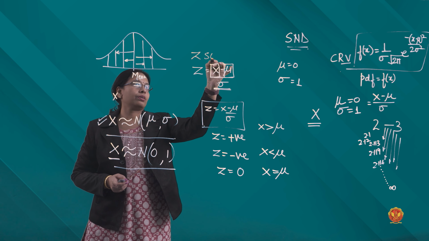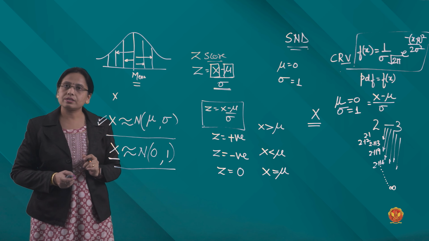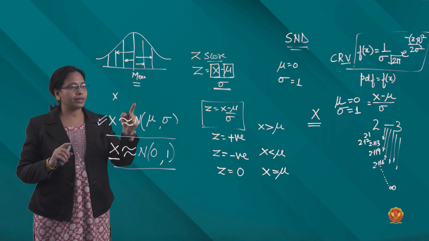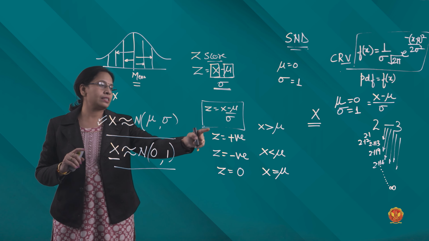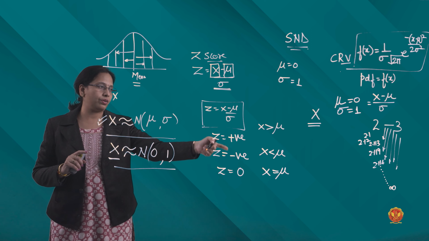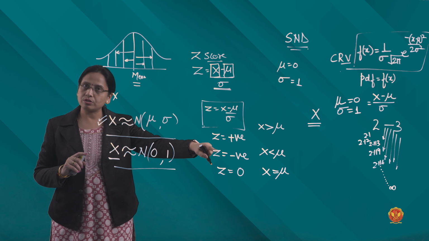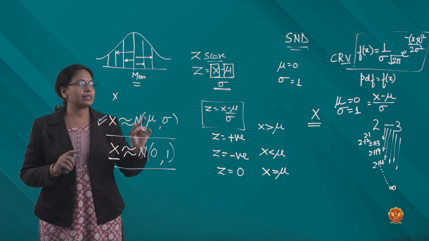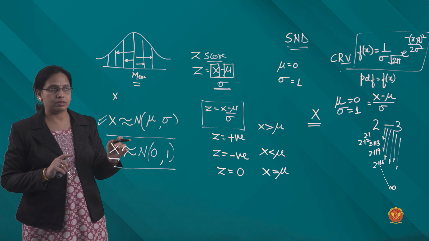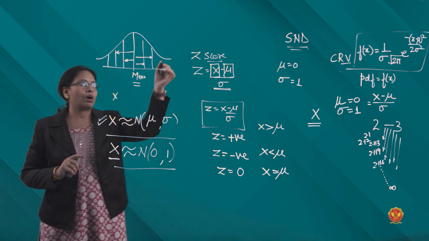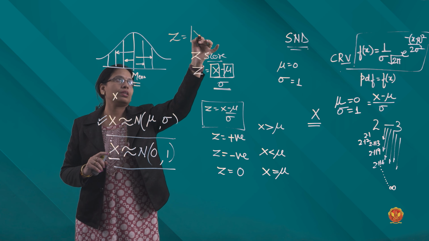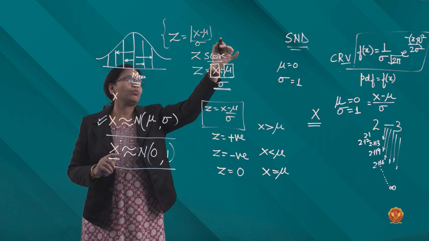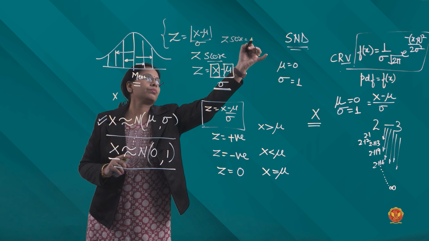This is the z-score. And the z-score can be written in either format. I can write it in this format, and I can say if x is less than mu, what will happen? It will come negative. If it is more, it comes positive. If it is equal, it comes 0. Either you can say it in these terms or, in another way, I can straightaway use the modulus concept, that is, we ignore the sign. So I can say z can be written as the mod of this difference divided by the standard deviation. So in this case, the z-score will always come positive.